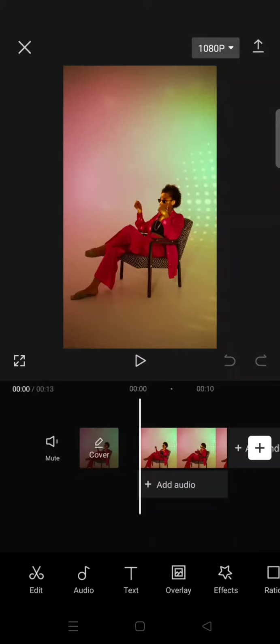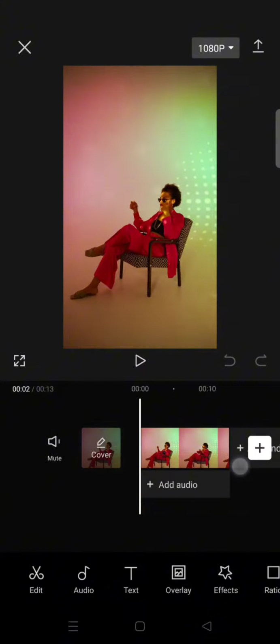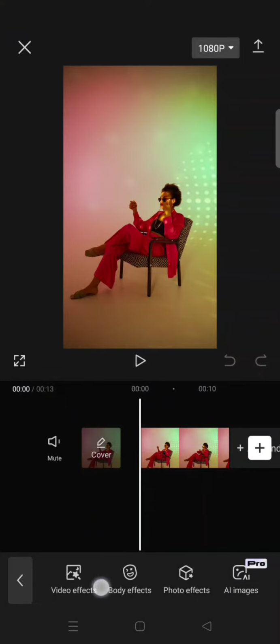So in this tutorial I'm gonna show you how you can apply the enveloping light effects to your edits in CapCut. So first just import a clip to CapCut and you can just go straight to effect. Now click on the body effect